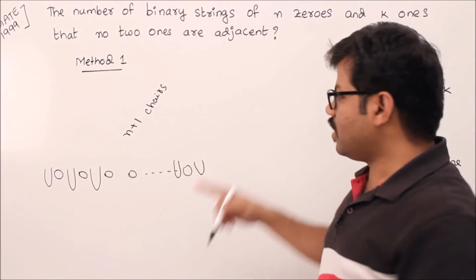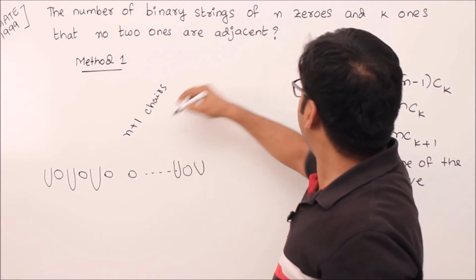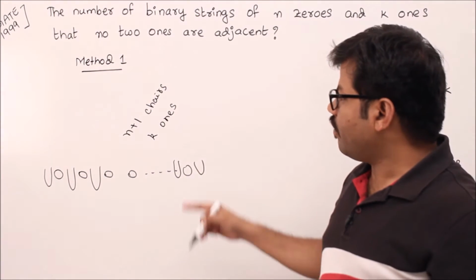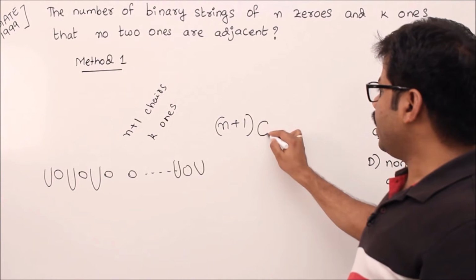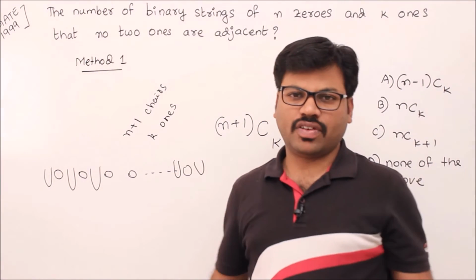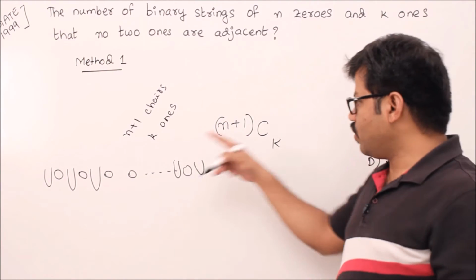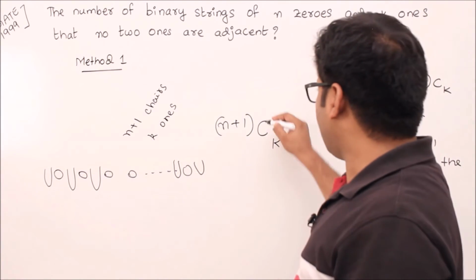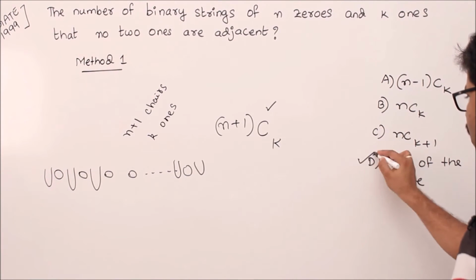Now we have to arrange ones in these chairs. How many chairs do we have? N plus 1. How many ones do we have? We have k ones, right? K ones. Then how many different ways can you arrange k ones in n plus 1 chairs? First select the chairs out of n plus 1. Select k chairs: n plus 1 Ck. Once you select the chairs, the ones cannot be arranged among themselves, right? Only selection matters here. So n plus 1 Ck is the answer. In that many ways you can select the chairs, and automatically that many ways we can arrange the ones. This is the answer. So exactly, there is no option matching, isn't it? Then the answer is none of the above.